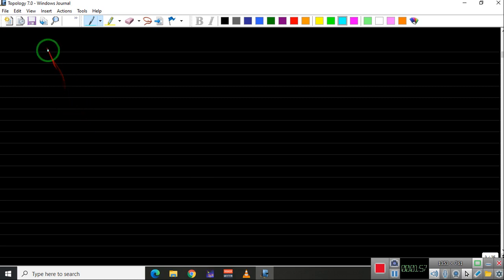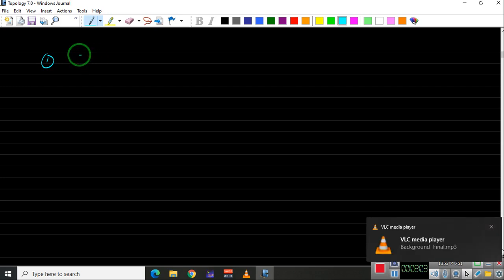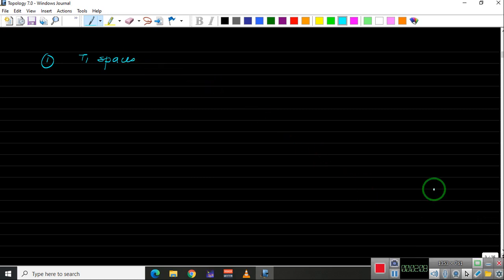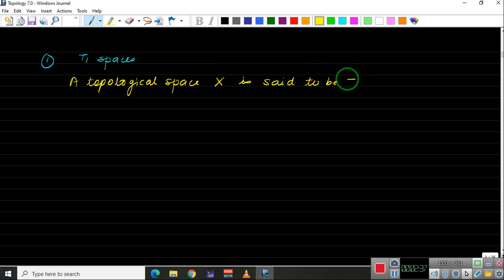So let us take the first one. Let us take T1 space. So in this video, we will talk just about the definitions of these spaces, when we call this a T1 space or not. So let us take a topological space X. The space X is said to be T1